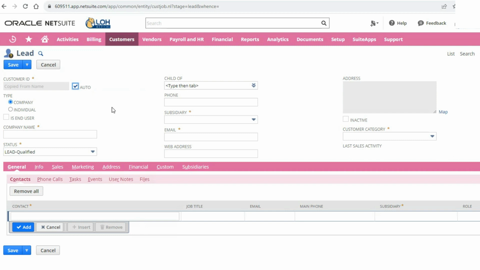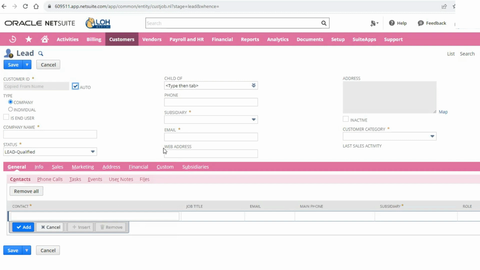NetSuite will progress the status of a lead based on the transactions associated with the form. So a lead becomes a prospect once an estimate is issued. We don't need to do anything extra, just create an estimate, and all of a sudden, this form will say prospect. And prospect becomes a customer when we invoice their first order.